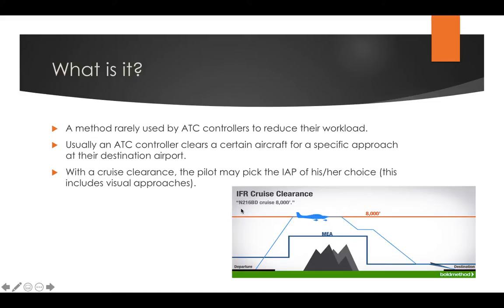So if this aircraft, November 216 Bravo Delta, Cruise 8000, that aircraft can operate anywhere between the minimum en route altitude, whether it be the MEA over here, the MEA crossing these mountains, the MEA down here, anywhere in between that minimum altitude, which will vary depending on where you're at geographically, all the way down to the destination airport. So it clears the aircraft to fly between those blocks of altitude to their destination and execute an approach